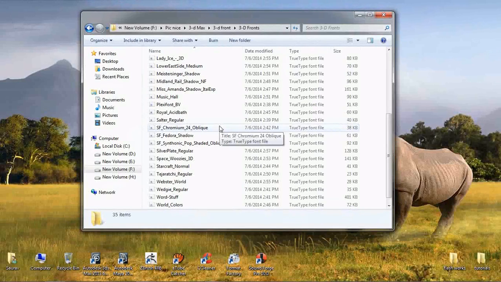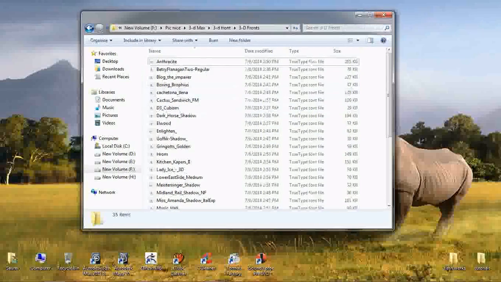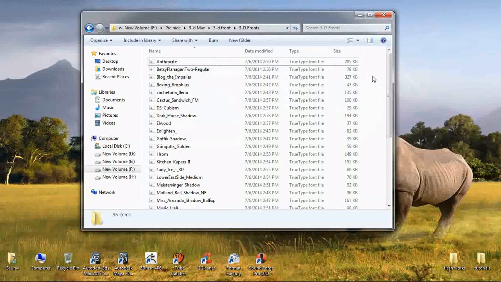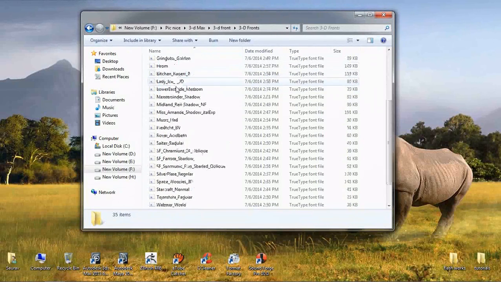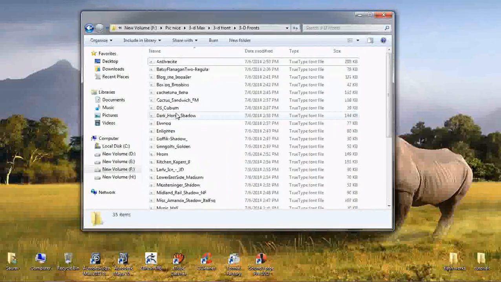So the next time we have to install our fonts, when we install our new Windows and all, there is no need to install each and every font. If you want to reinstall your Windows, or your Windows is going to corrupt, you can do it in two ways.